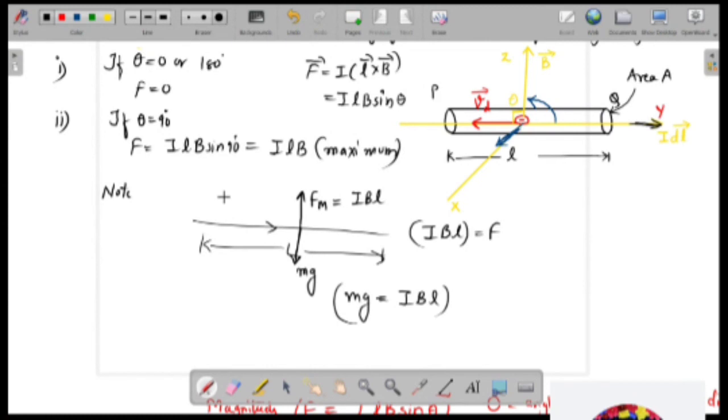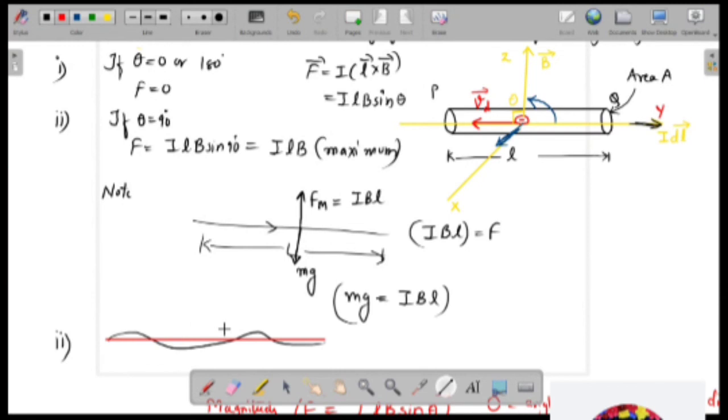If the wire is other than a straight wire, join the initial and final points by a straight line. The length of the line is the effective length. So the second point is that, supposing you have a wire of irregular shape, it is not a straight wire, then what you have to do is just connect its initial point to the final point. This will be taken as the length of the wire. The red line you see, the direct line which connects the initial point and the final point, will be taken as the length of the wire. When you do L cross B, the length will be taken this way.